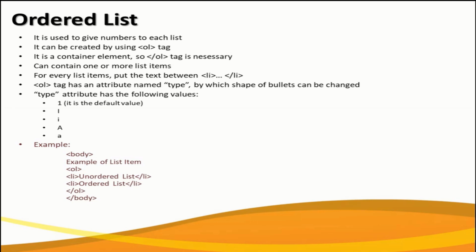In this example, all the tags, elements and text are the same as the other list example, except the OL opening and closing tags are used in place of the UL opening and closing tags. And the result is also the same as previous, except numbers in place of bullets are there. Now imagine a scenario where we have a list of items and within that list an item has also a list of items. Is it possible, or how to do that? The answer is yes, via nested list.